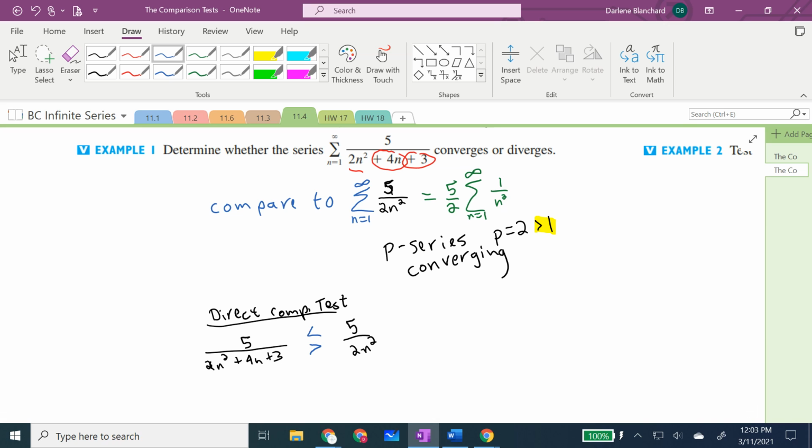So I try to create things on tests where the inequality won't go your way, because I want you to check it. You should be checking to make sure that the inequality is the way you want it to. Now, this situation,